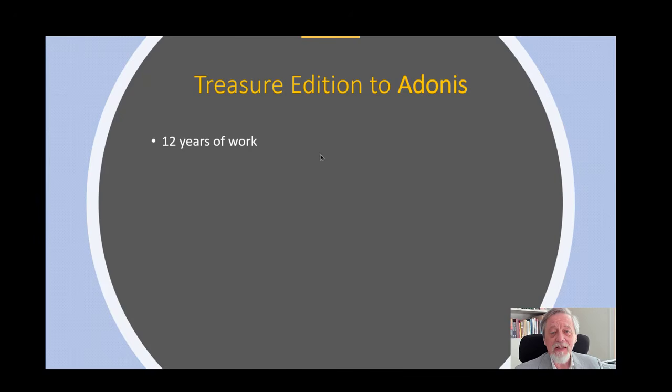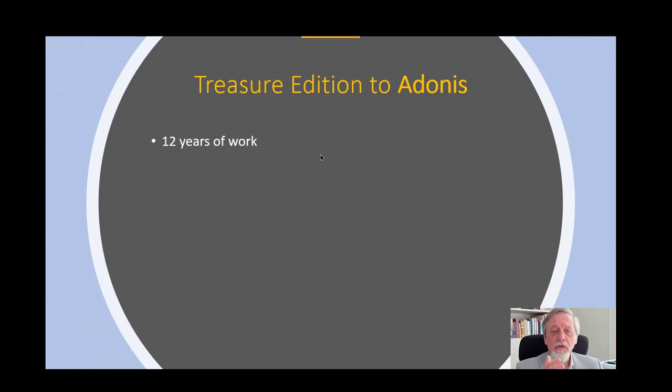This is a second slide, and this is that Adonis in fact contains 12 years of work. 12 years of work, not just my own work, not even just our internal team's work, but feedback and input from homeopaths, from the community, from say Argentina to Japan, from Canada to Australia, etc. Anything in between.